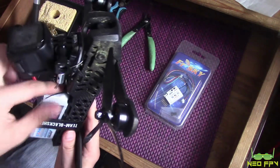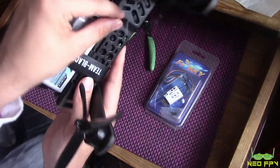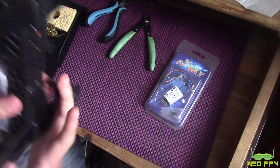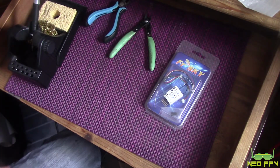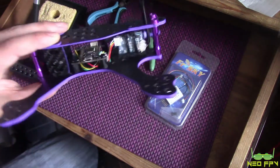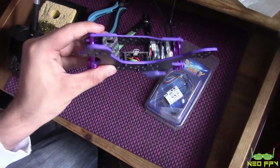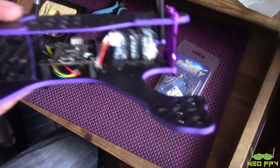I've lost one of the active parts of one of these antennas, and in there is an XSR, as you probably know if you've been following my other videos, and I got a bit fed up really. This is the second one that's happened now. I had another XSR which I repurposed on this new build that I'm doing at the moment, and as you can probably see if I try and get it close,